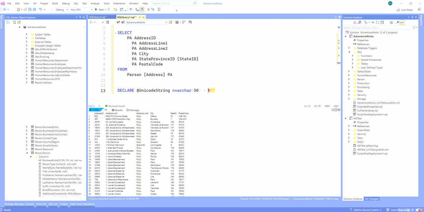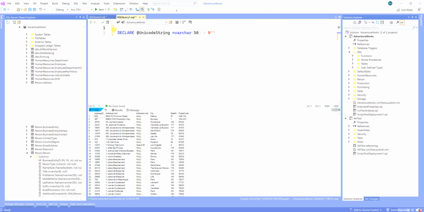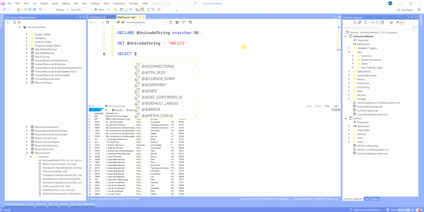So it will do it. Like the SQL engine will do this for you. So I'm going to get rid of that. So let's say I cast that out and I say set Unicode string equal to ABC123, right? And then I select my Unicode string, and notice